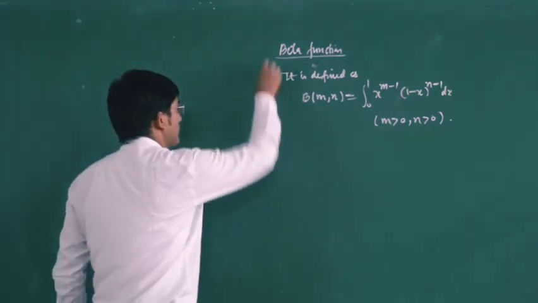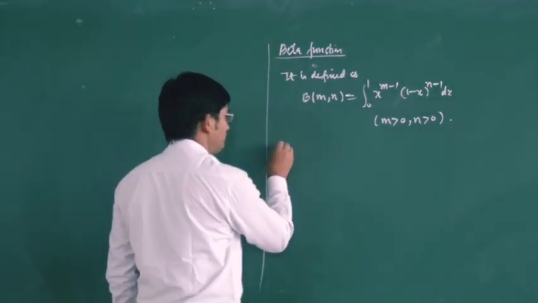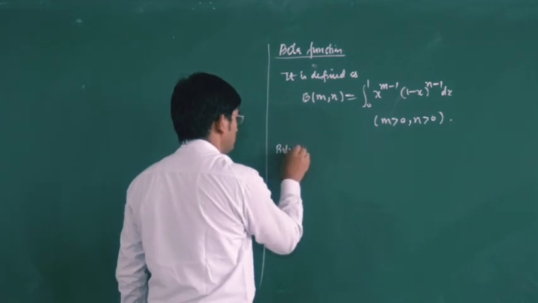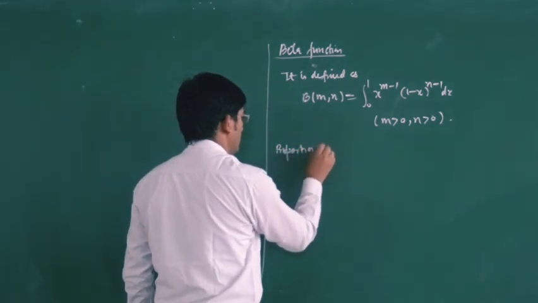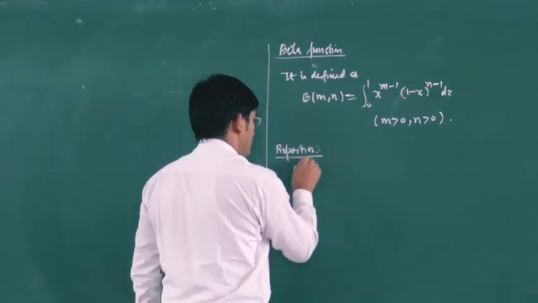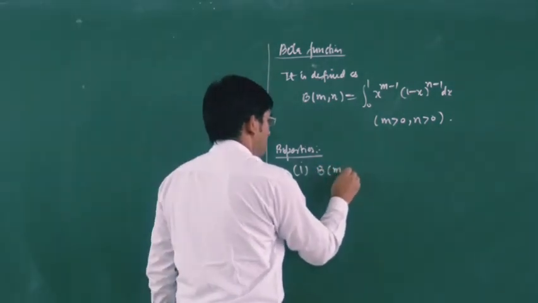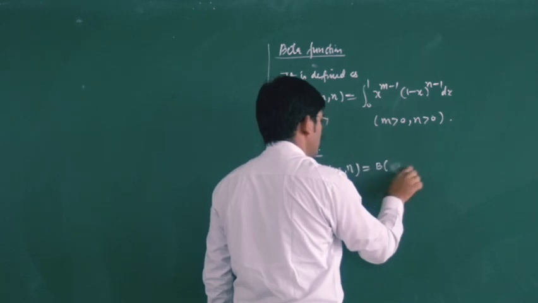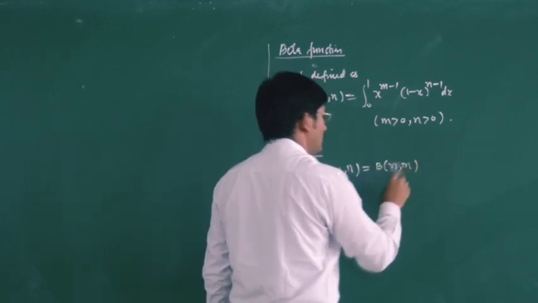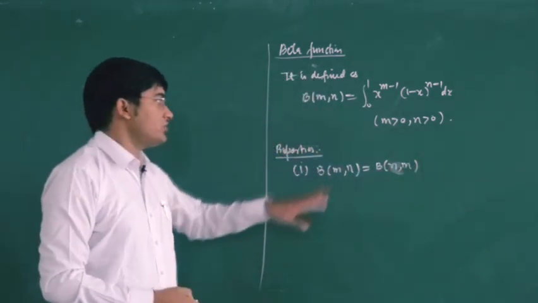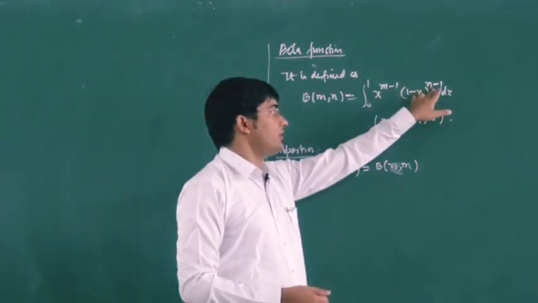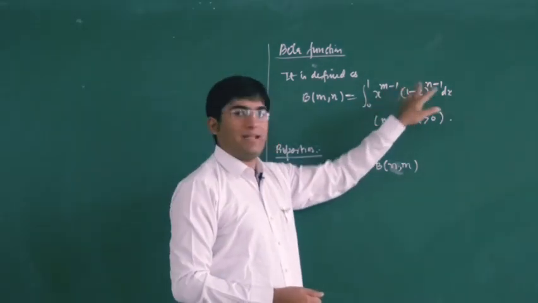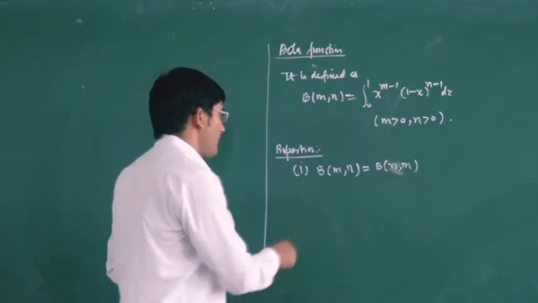Now, properties of beta function. The first property is that the beta function is symmetric with respect to n and m. That means you can interchange the values of n and m. Proof: